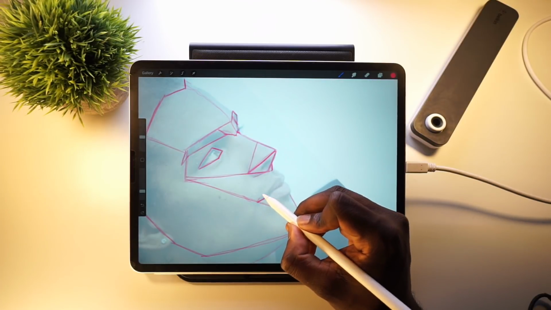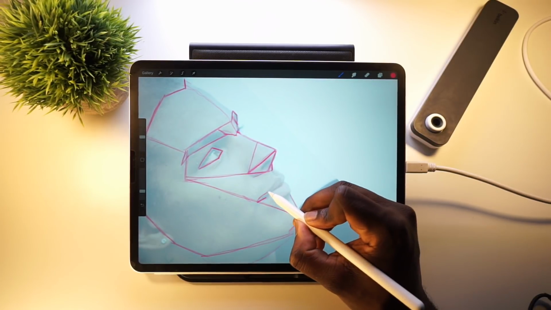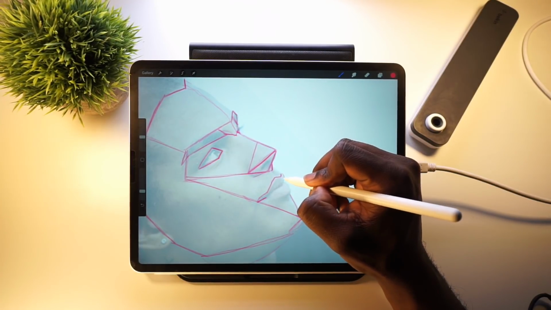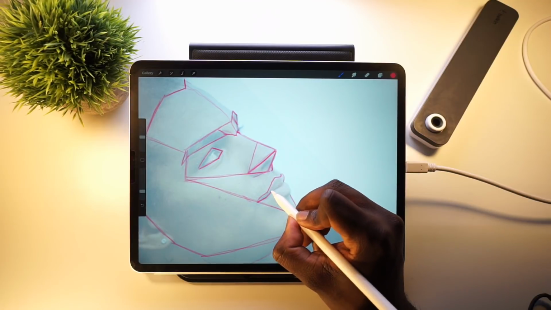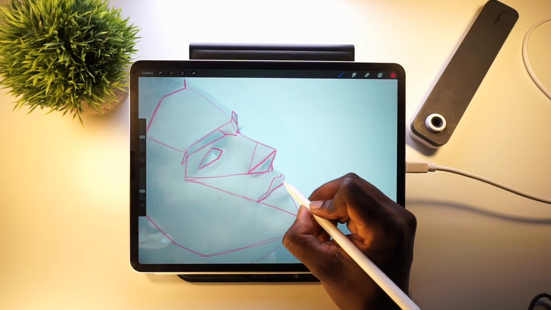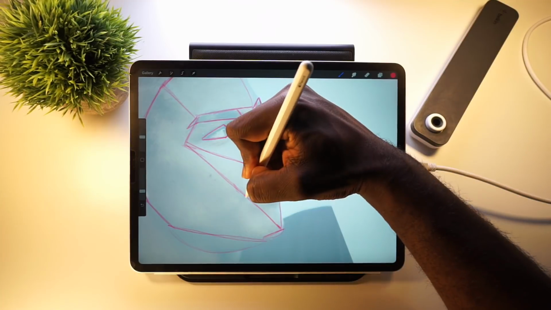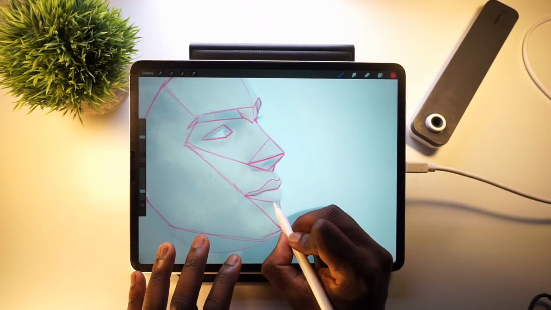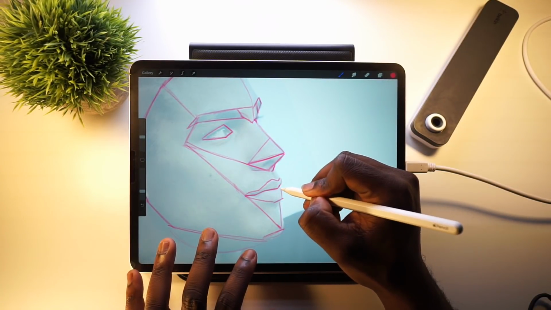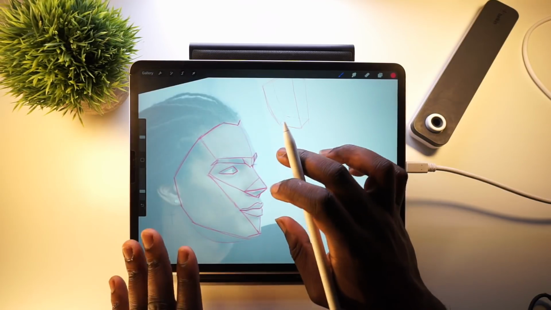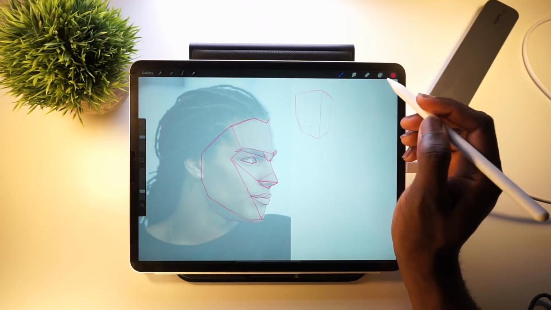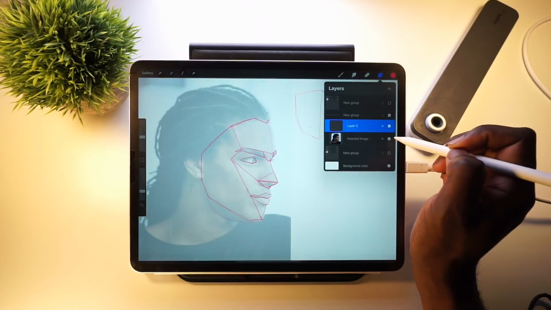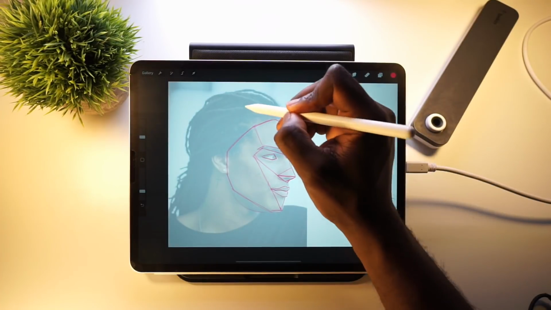So this person comes around like that, up, down like that, up. You see the other portion come down. This comes up again, then back down, and back to the other side of the face. Straight line here. Horizontal line, and it comes back, kind of curves around again because we're looking at it from the side. So yeah, that's the basic structure. You can see it kind of looks like a robot. And then for the rest of the head,